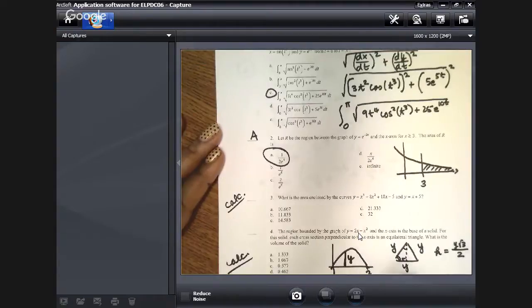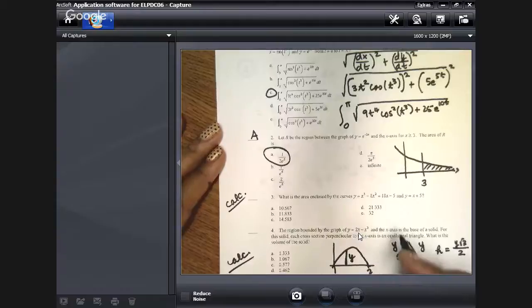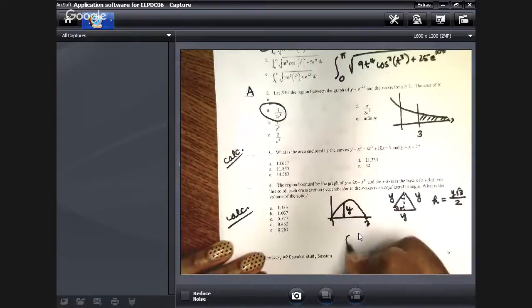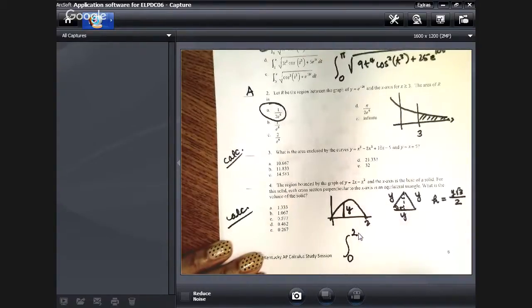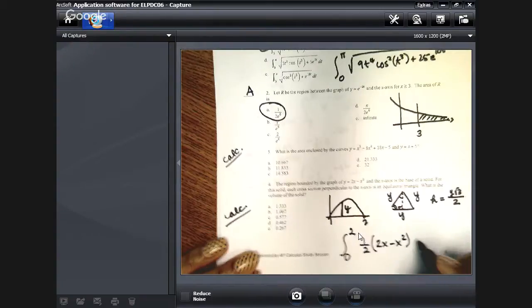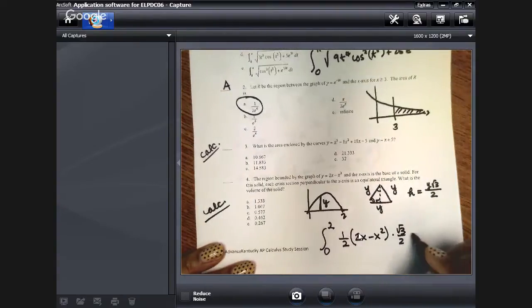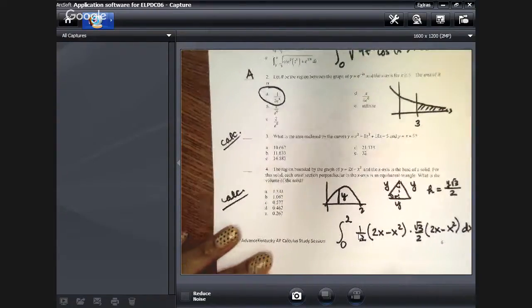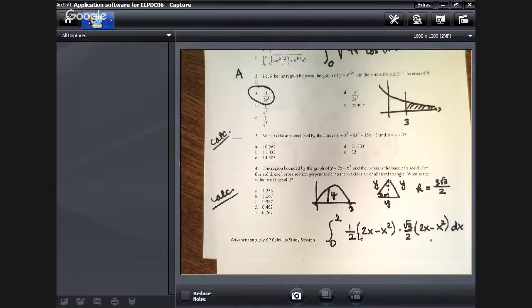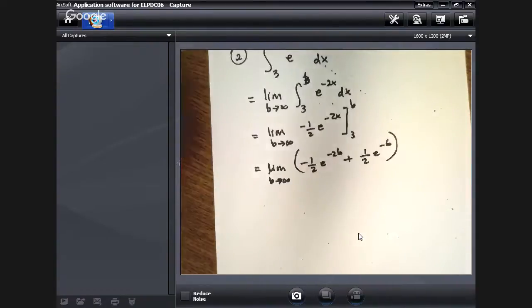So the volume of the solid, kind of low on here a little bit. The volume of the solid is going to be the definite integral from 0 to 2 of the area of the base, which is an equilateral triangle. So that's 1/2 of y times the square root of 3 over 2 times y dx. So that'll at least get you started on that problem. Now all you have to do is put it in your calculator and evaluate it. You might want to multiply through a little bit to make it a little easier to put it in your calculator. For number 5,